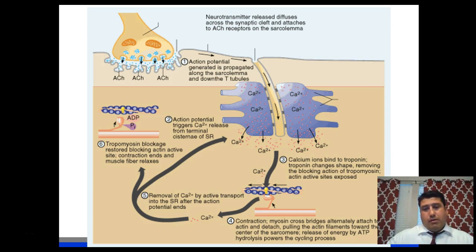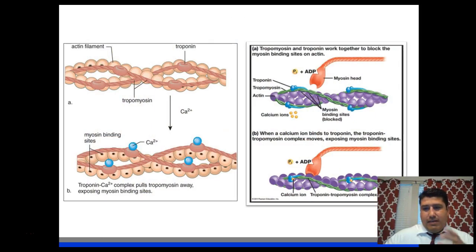So the whole point of this is that in order for a muscle to contract, the nerve has to send a message to the muscle. The muscle then receives the message, and then it activates the sarcoplasmic reticulum to release calcium, and then calcium is sent to the actin, and it opens up the binding sites where myosin heads can attach. And then myosin heads can attach and pull the ends together, and the whole muscle contracts.